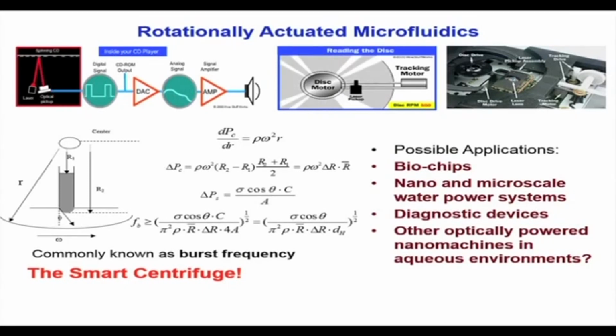Viscous force will start playing its role when the fluid has started moving. So we can understand from here that you can use this as a smart valve. The rotational speed can be used as a parameter to control the onset of flow. So only if you rotate the CD beyond the critical speed, then the flow will start, and that critical frequency,